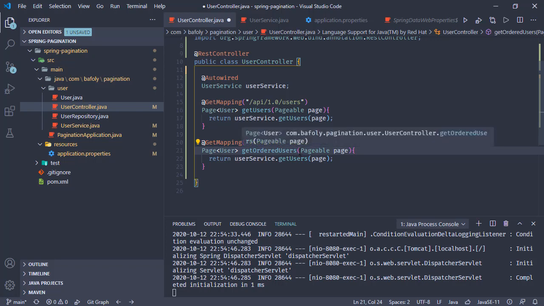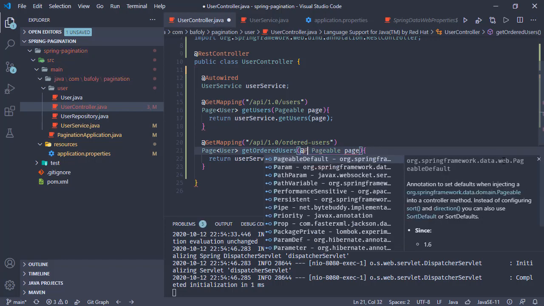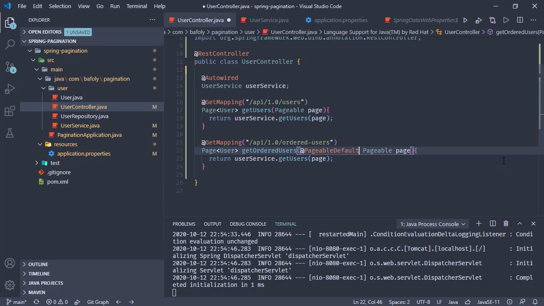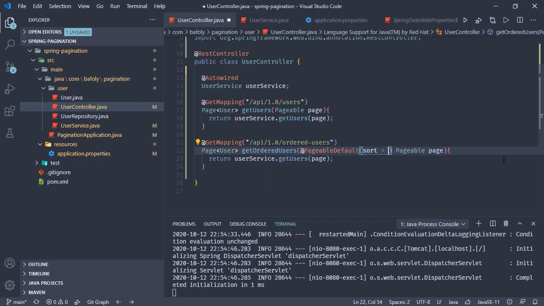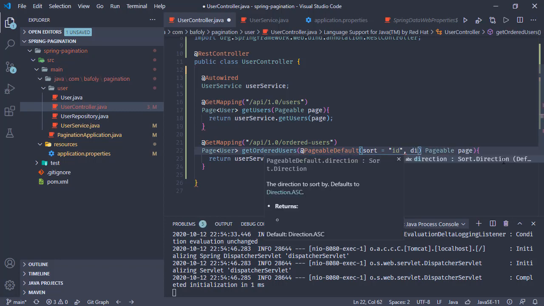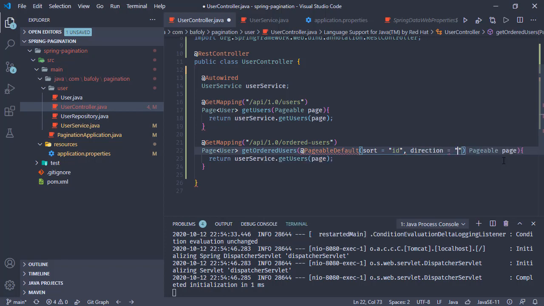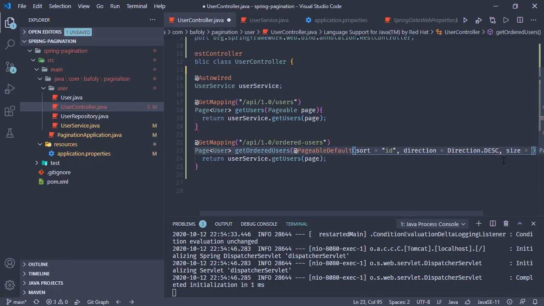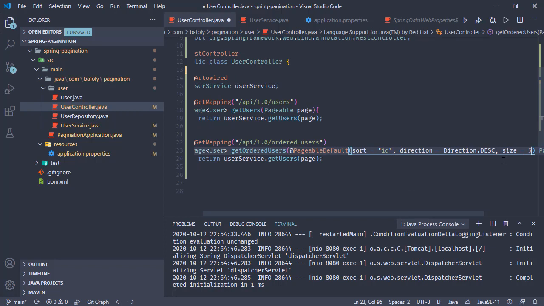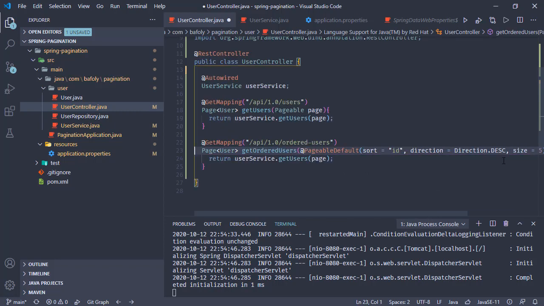And we do that by adding another annotation right before this Pageable, which is PageableDefault, and it has the options of, let's say, the first one is the sort, and we want the users to be sorted based on the ID. And the other one is the direction, and we want the direction to be descending, and also we want size to be 5. So that's how we can override the defaults right at this controller method level. So saving this one